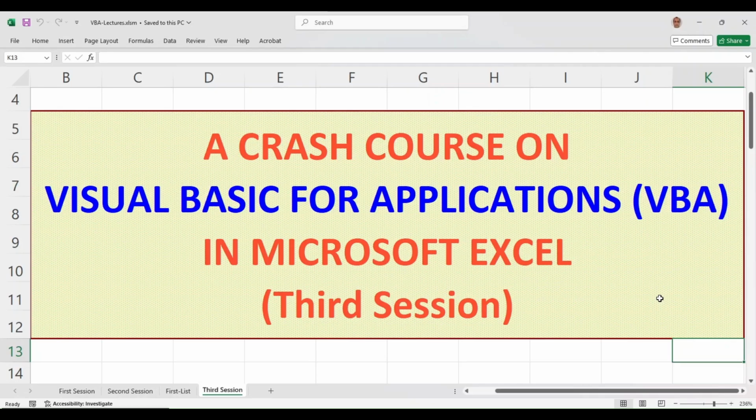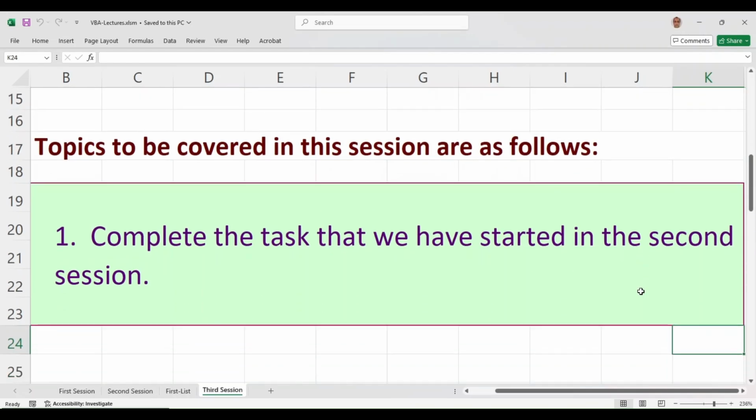This is the third session of my crash course on Visual Basic for Applications in Microsoft Excel. In this session, we plan to complete the task that we have started in the second session. If you remember, our task was